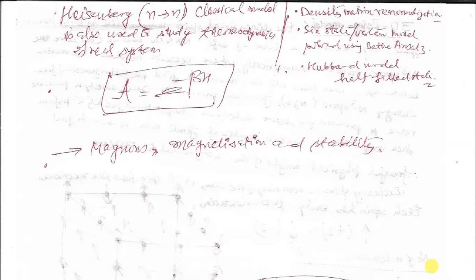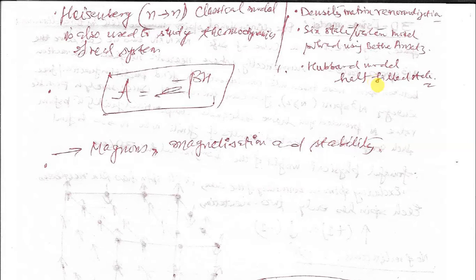This kind of model is solved classically as well as quantum mechanically. In either case, you have the Hamiltonian of the system, and you can get its Helmholtz free energy. Once you have the free energy, you can determine the magnetization as well as the magnetic stability of the system. This kind of model is solved using the density matrix renormalization technique. There is a six-vertex model solved using the Bethe ansatz, or the Hubbard model where half-filled states are treated to solve